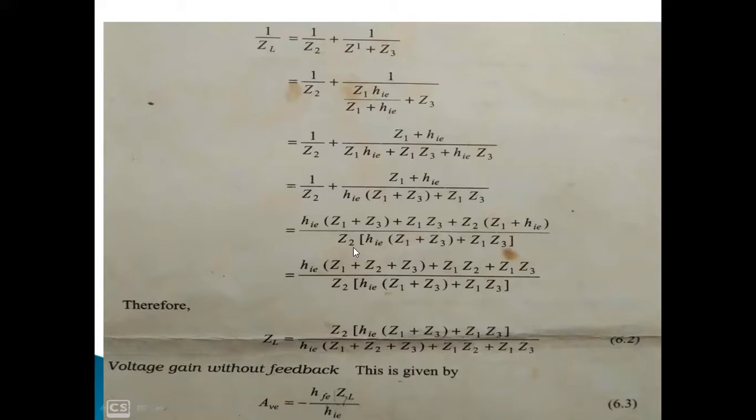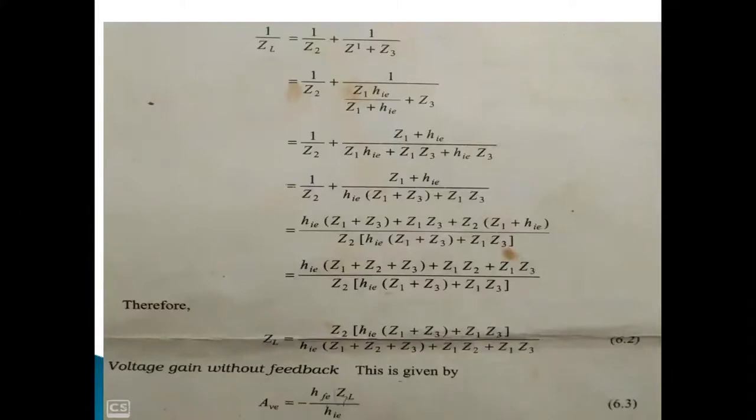Okay. Next, voltage gain without feedback. What is voltage gain without feedback? Without feedback, voltage gain means that is the basic amplifier gain. If you are not applying any feedback, means we have only the basic amplifier. And voltage gain without feedback represents the gain of the basic amplifier. What is the gain of the basic amplifier? We know the formula. Basic amplifier gain AB is represented as minus HFE RL by HI.